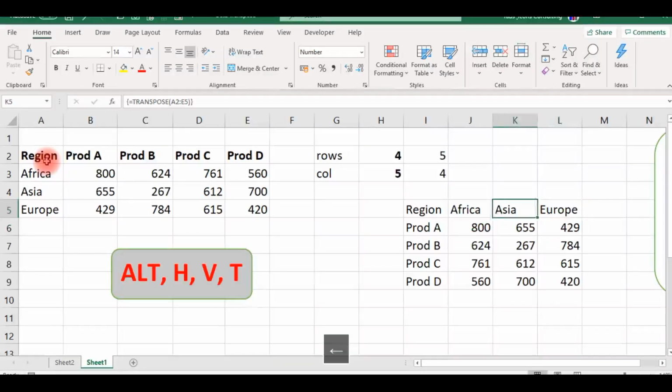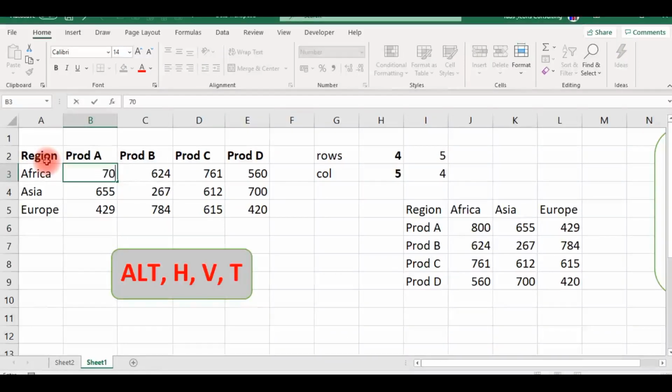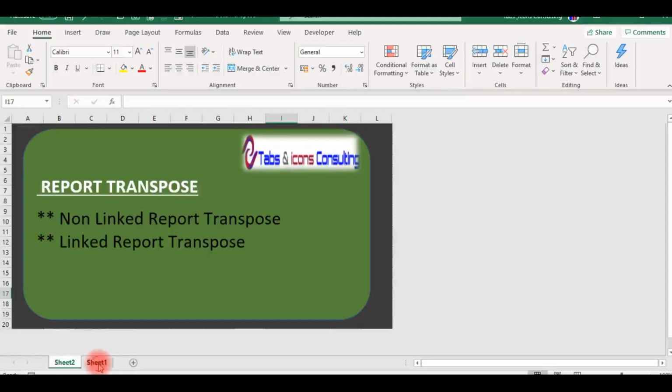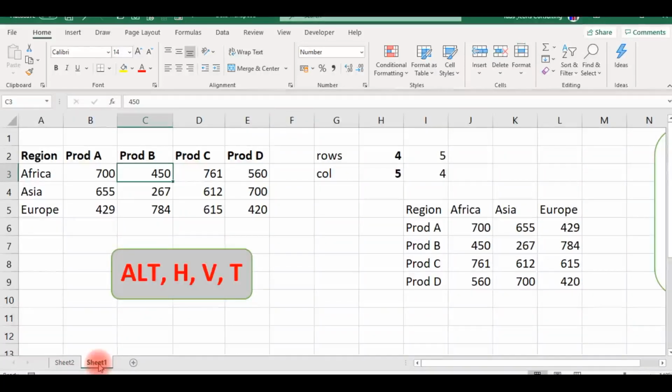transpose. If I change this to say 700, watch what's going to happen to this 800 here. It changes to 700. If I change this to say 450, this also changes. So this is the linked formula approach to transposing data. That's how to transpose data. So what you actually do depends on whether you just want a simple transpose. If it's a perpetual thing that you need, you can do the formula linked so that each time you update the original version, your transposed version will be